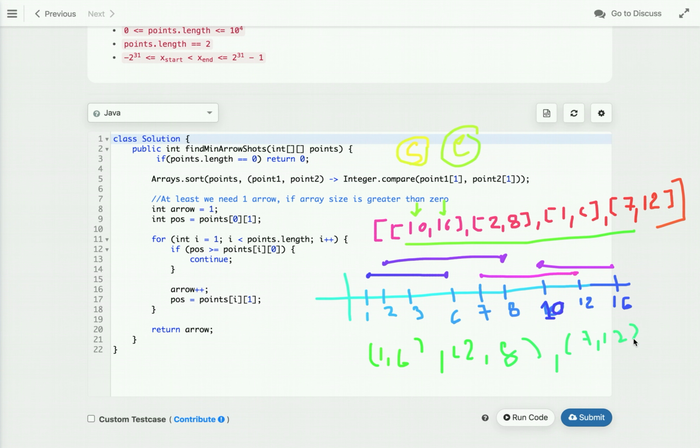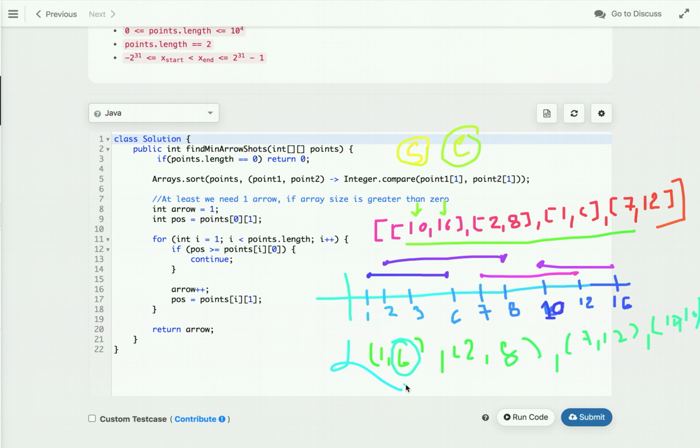So we have sorted this array by their end position. Now the next question is, from which position should we shoot the balloon each time? We should shoot as far to the right as possible, because we have already sorted the array by their end position. It will give us the best chance to take down more balloons. Therefore the position should always be the end position of the ith balloon.